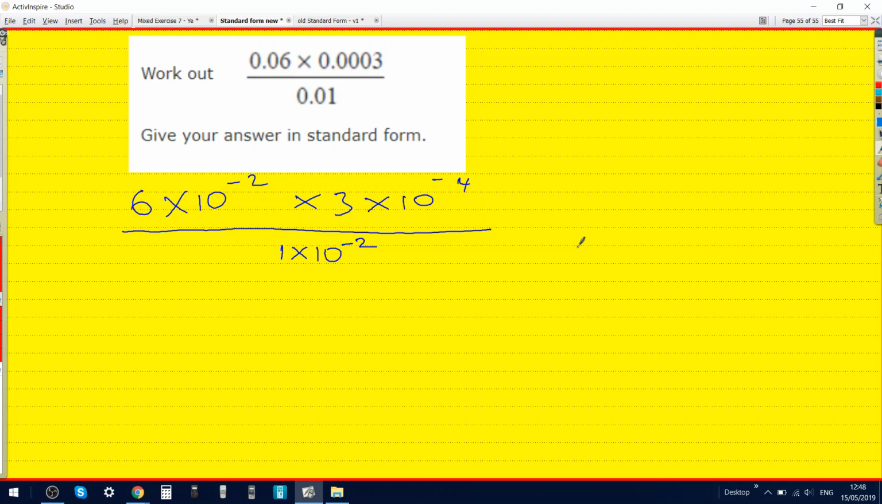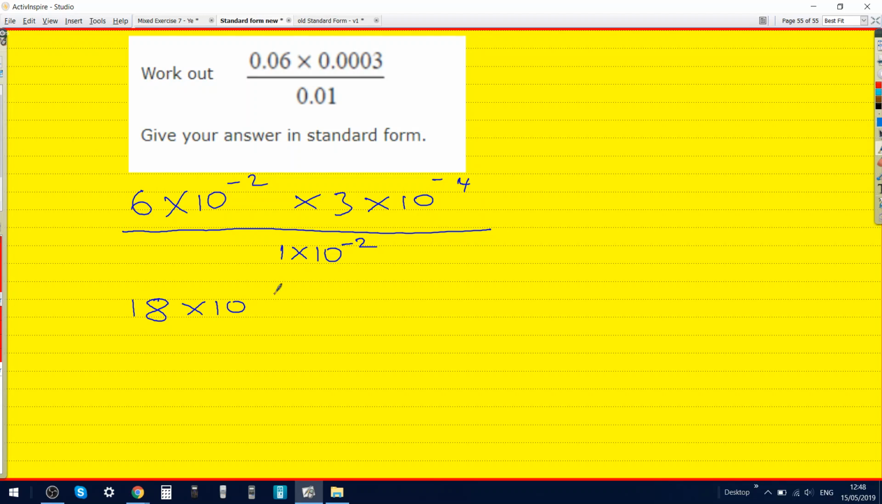So this is actually what I got wrong in the exam, like in the practice paper. So would you just do the multiplication first at the top? Yep. So 6 times 3, it's 18. So it'd be 18